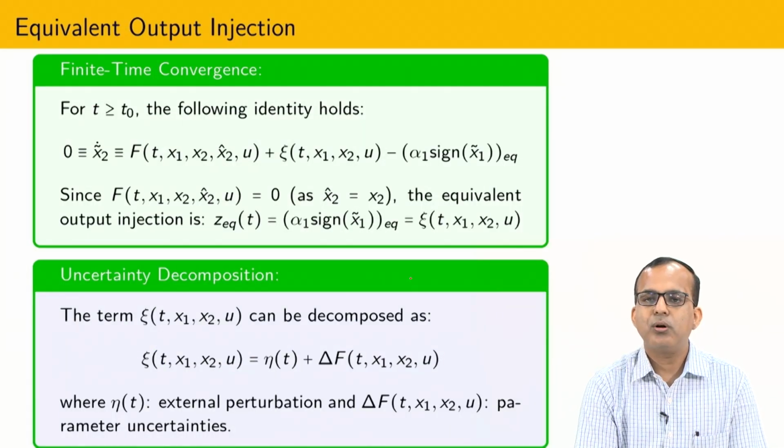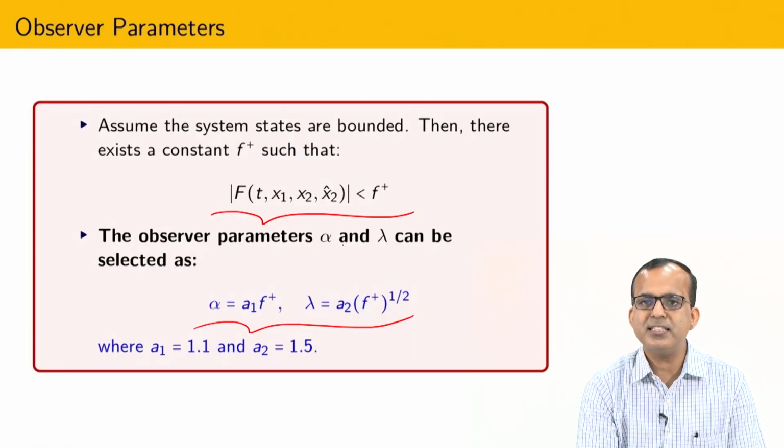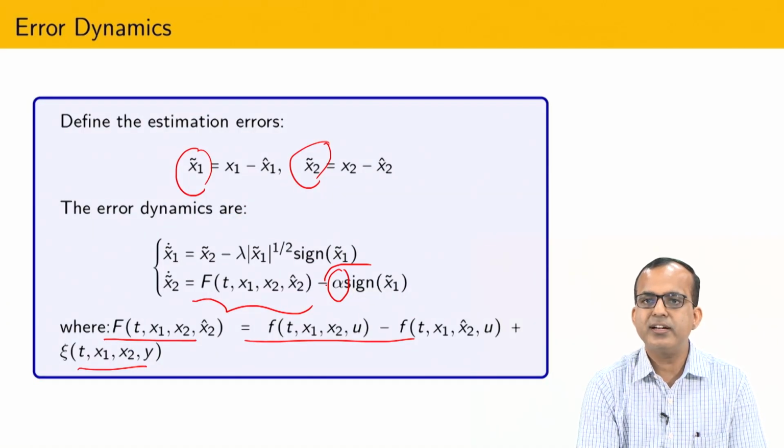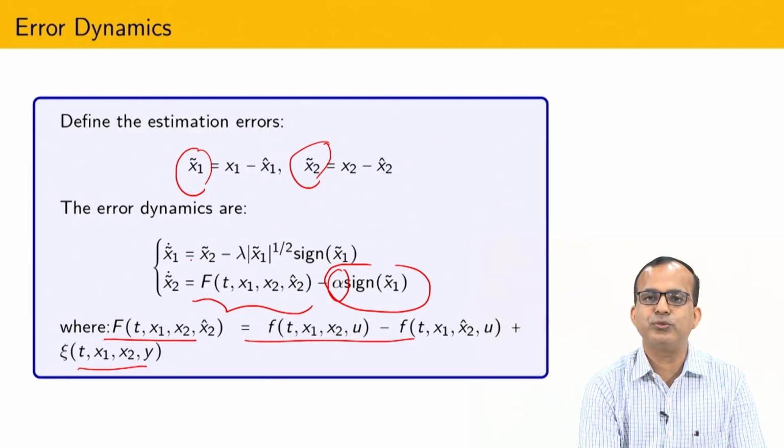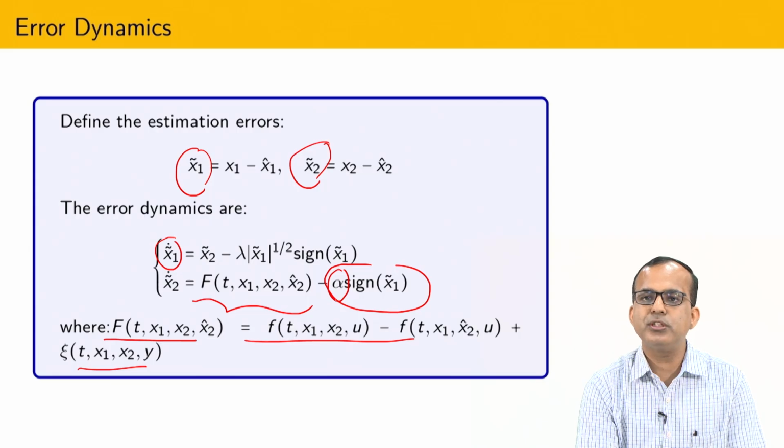Now one of the important things here, since we have a discontinuous term, is that it is possible to show that in this process x1 tilde equals 0 and x1 tilde dot also equals 0. That is the beauty of the super twisting algorithm: that term and its derivative equal 0. So the equivalent value of x2 tilde dot is also equal to 0. What is the meaning of equivalent value equal to 0? It means that alpha signum x1 tilde is exactly going to recover this part of the uncertainty.